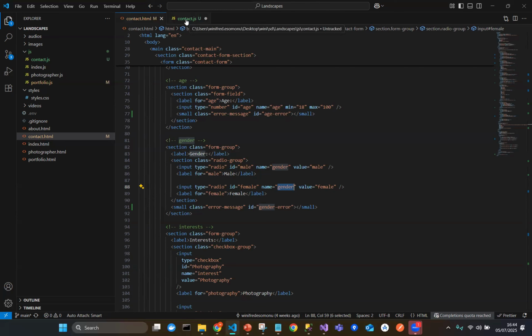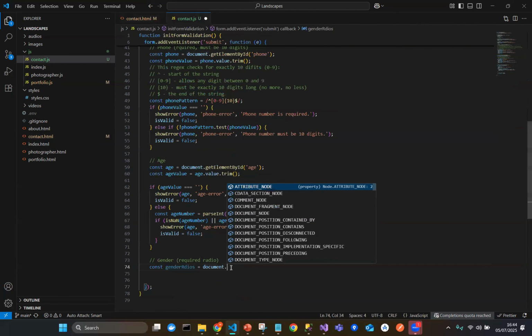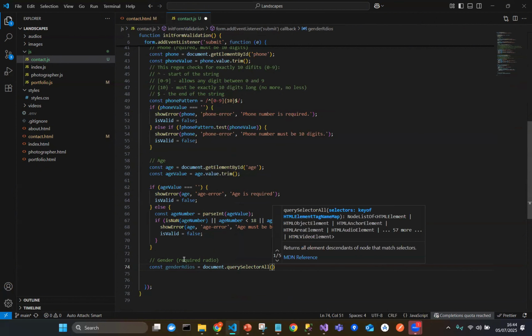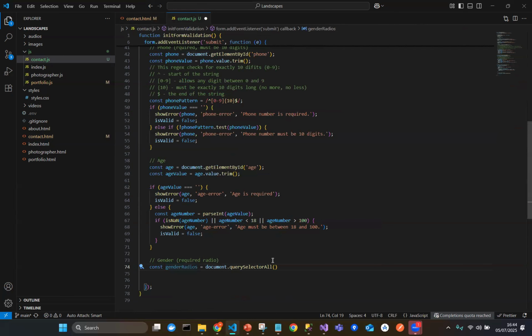So let's see what I can use. I think I'll use another function called querySelectorAll, and you can use it to select multiple values that has the same name, right? So I'm going to do this. So this is how to actually do it. You say inputs, because obviously radio is an input type, right? So you say inputs where the name is gender,